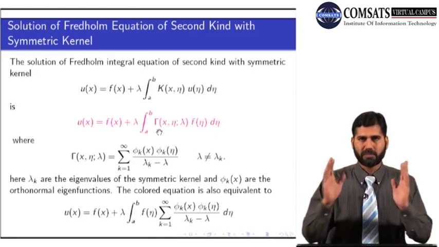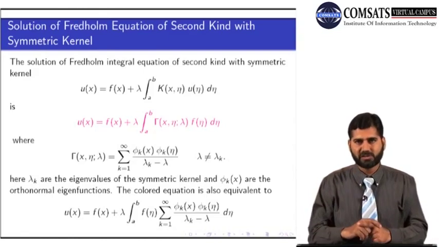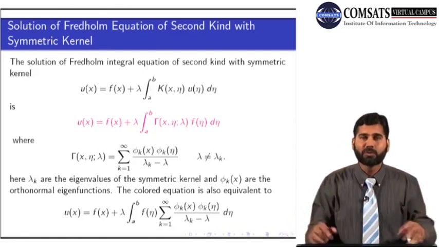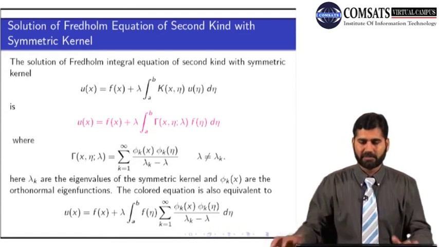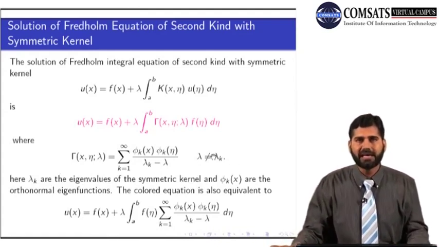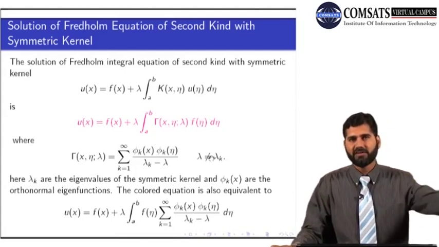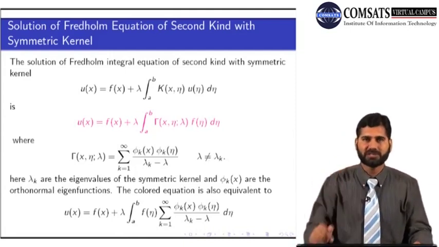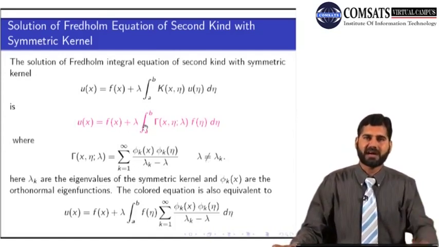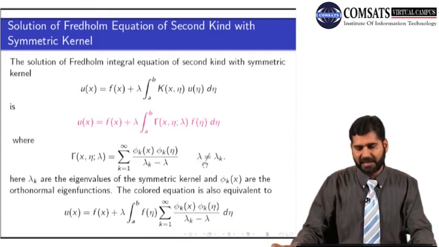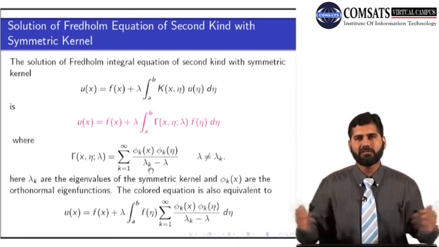Alright? Proposition 1 में हमने क्या पढ़ा था कि अगर homogeneous equation का सिर्फ trivial solution हो, इसका मतलब है कि lambda eigenvalue ना हो, तो फिर non-homogeneous equation का unique solution होता है. ठीक है, तो यही बात यहाँ पे भी हम कर रहे हैं कि अगर lambda eigenvalue के equal नहीं है तो फिर homogeneous equation का सिर्फ trivial solution निकलेगा, और trivial solution होने की वजह से non-homogeneous equation का सिर्फ एक ही unique solution exist करेगा, ठीक है। तो ये हमने यहाँ पे शुरू में ही condition लगा दी कि this is the unique solution only if lambda is not equal to lambda k, and reason one more reason here is if lambda is lambda k then this resolvent kernel is not defined at all because the denominator will become 0 and the whole thing will blow up.